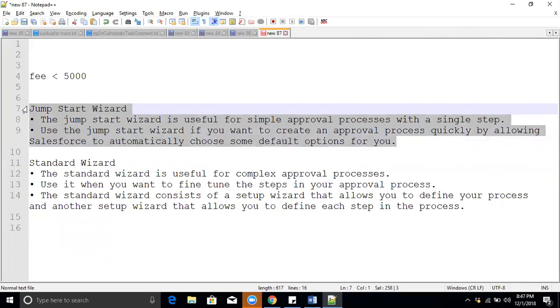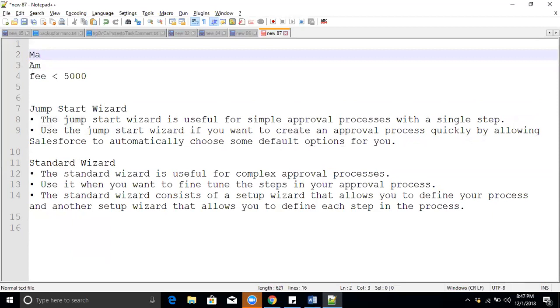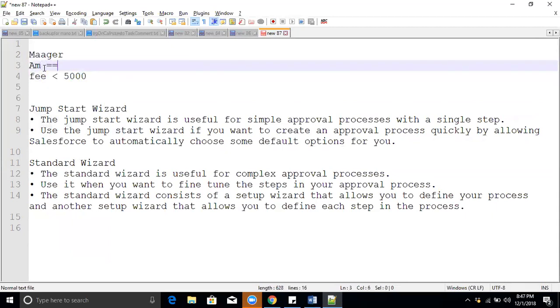This is a single-step approval process. Single step means, for example, if we need multiple approvers, say an AM and a manager. If a student is paying below 5,000, first the AM needs to approve.